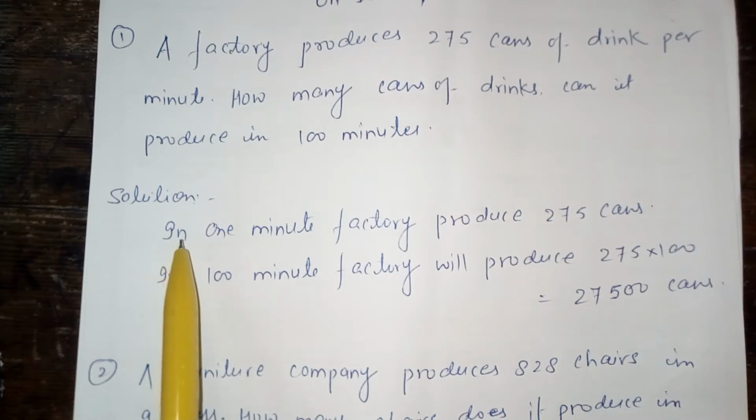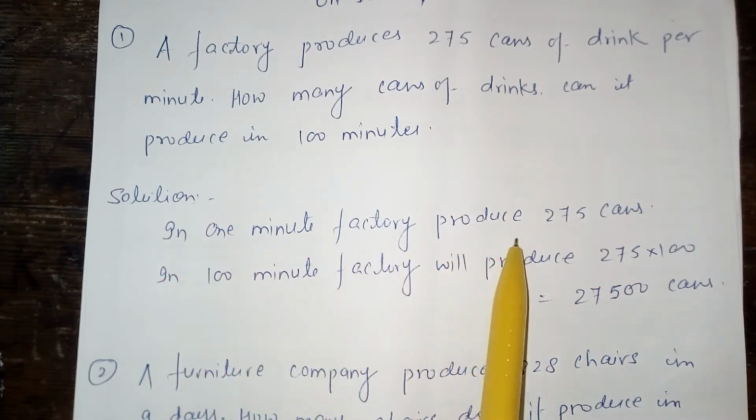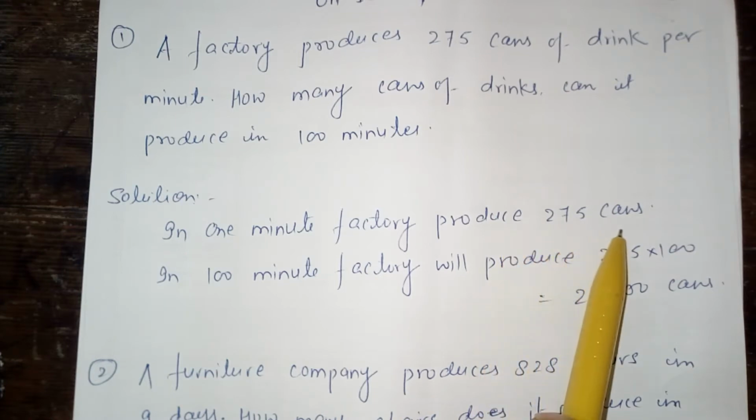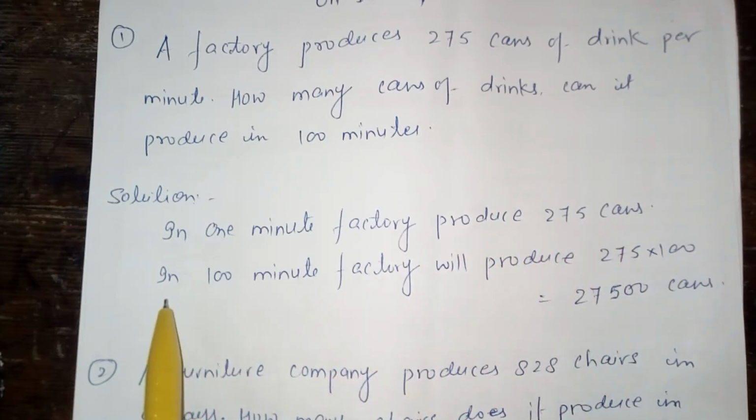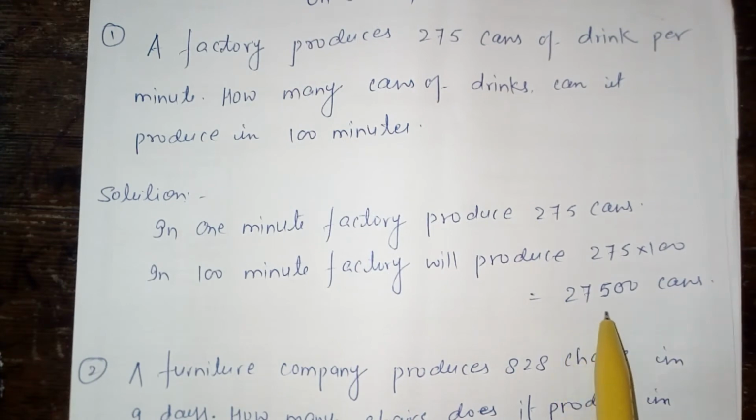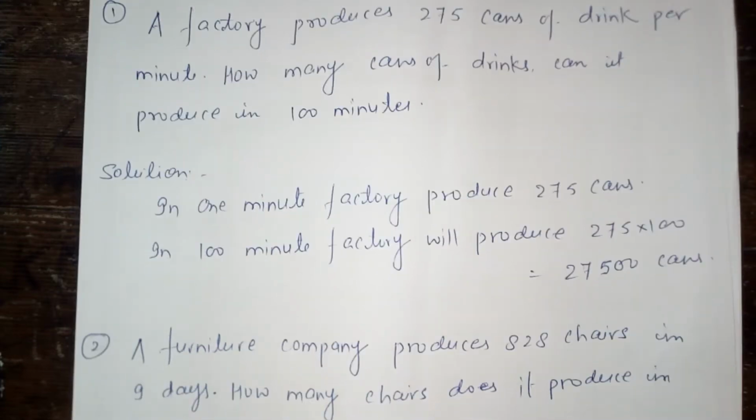The solution of the given question is: in 1 minute the factory produces 275 cans. Now in 100 minutes the factory will produce 275 into 100, which gives you 27,500 cans. 27,500 cans is your required answer for the given question. Okay, your second question is: